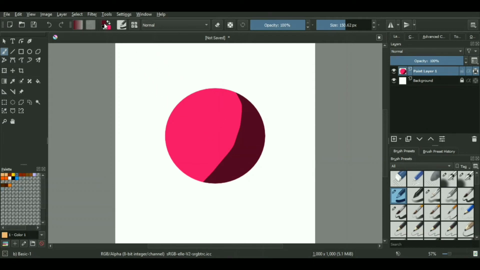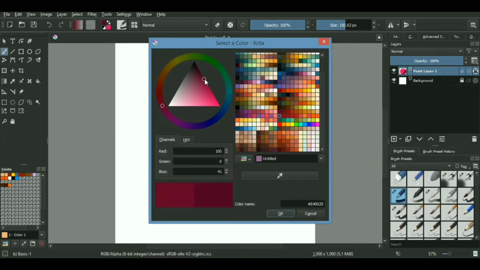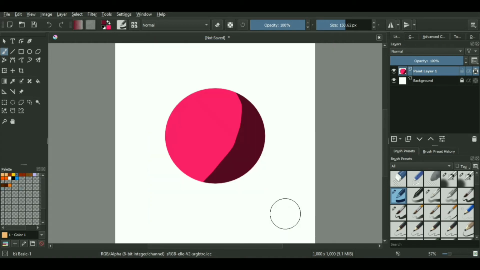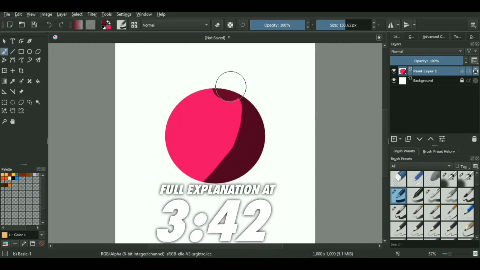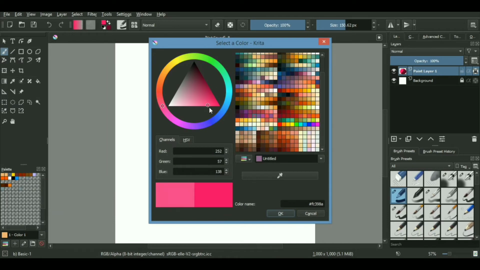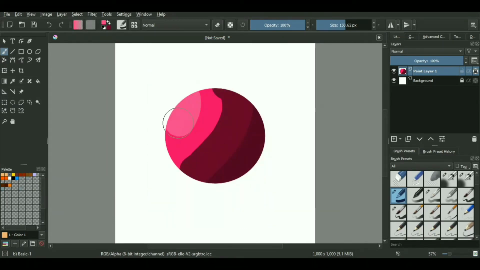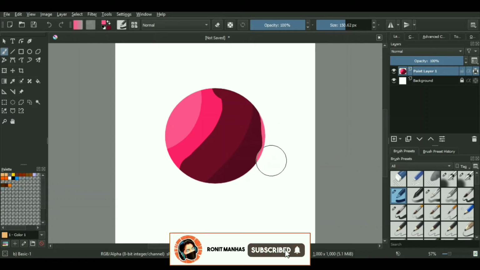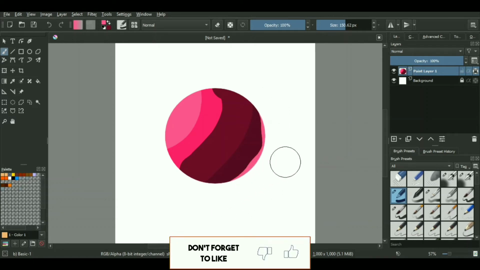Now after we are done, for a little transition between your shadow and your highlighted area, we are going to use a lighter color, a color which is lighter than your shadow, but it is darker than your highlight or the lightest color you have. Use a whitish pink sort of color for the highlights, just like this. Now if you want to add some bounce light as well, you can just simply use the lightest version of your color and similarly make a light stroke at the back of your circle like this.